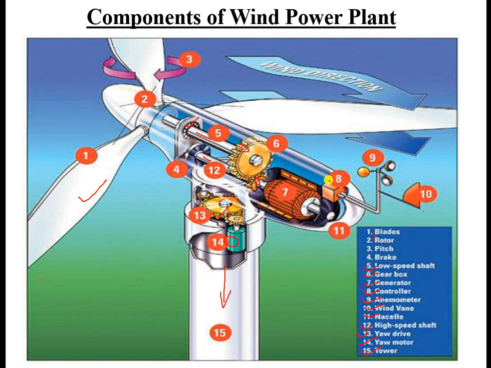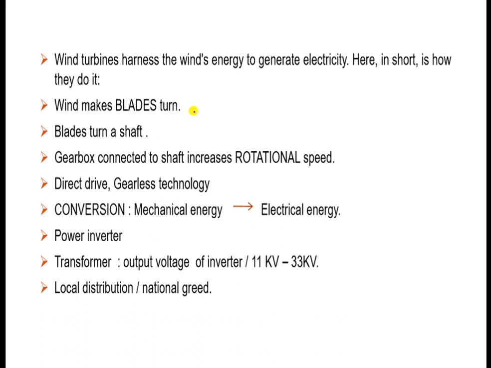Number 8 is control. Already I have told you it is used for controlling various things like motion as well as the position of the wind, and all these three blades and other things. So in this way, this is giving you a simple picture of the wind power plant, the horizontal axis wind turbine or horizontal axis wind power plant.